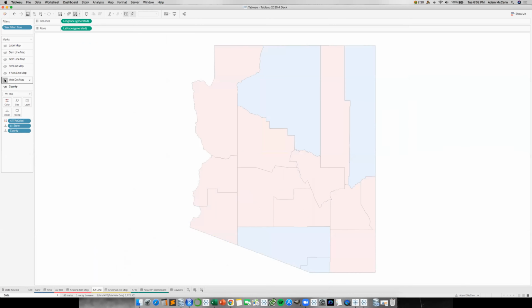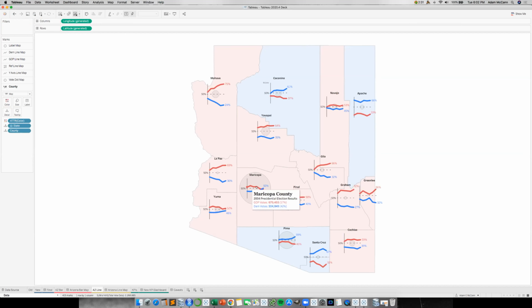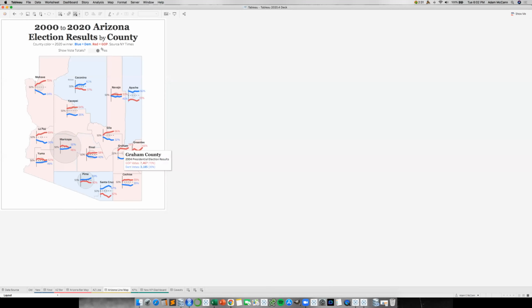I want to show how many people voted. I want to have my y-axis, a reference line, a line for Democrats, Republicans, and a label for the county. So now you can see over time on a choropleth map, change in voting patterns, and then you can hover over and see the real difference in the 2020 election was Maricopa County went blue and won the state for Joe Biden. And again, you could toggle off and on certain things. You have parameters. Do I want to see vote totals or not?